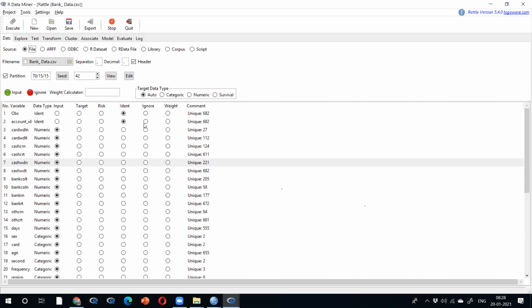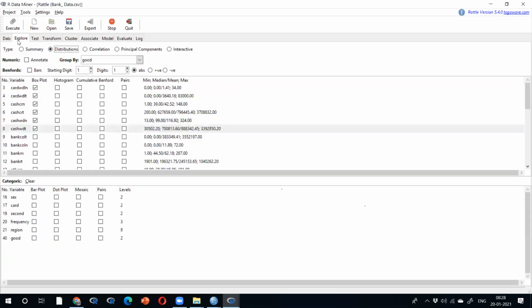You can choose this option. Now, in exploration, distribution, first 6 variables selected. As per your knowledge, first and second are bad variables. Fifth variable is a good variable. Seventh is good as per these serial numbers.